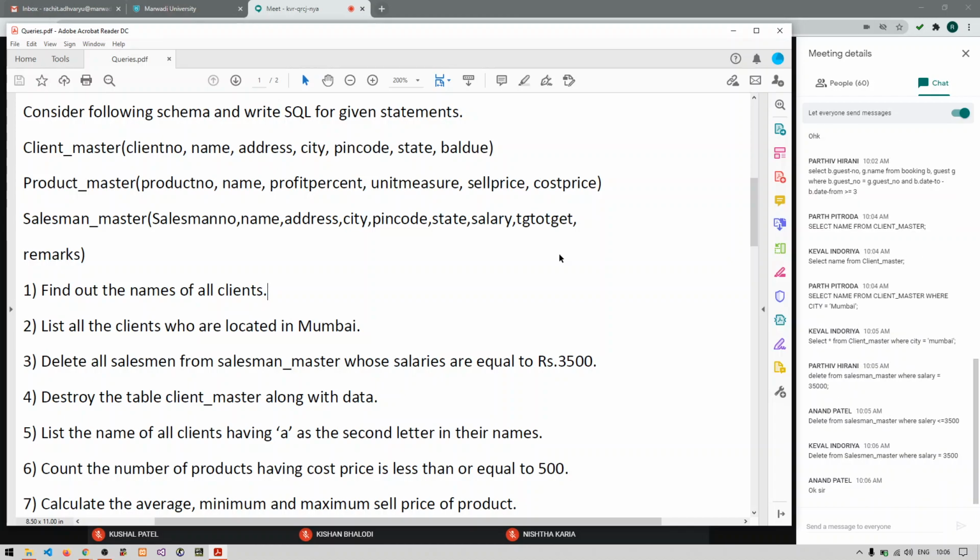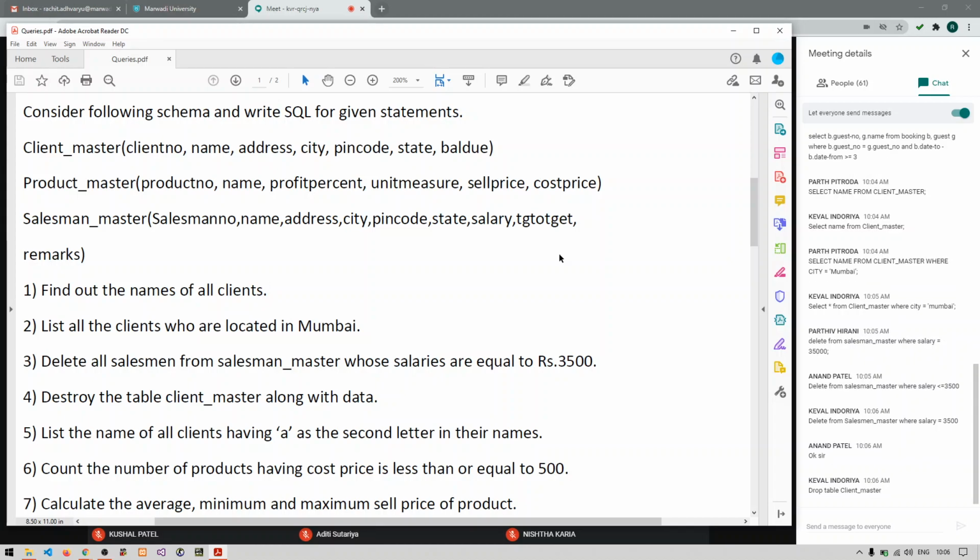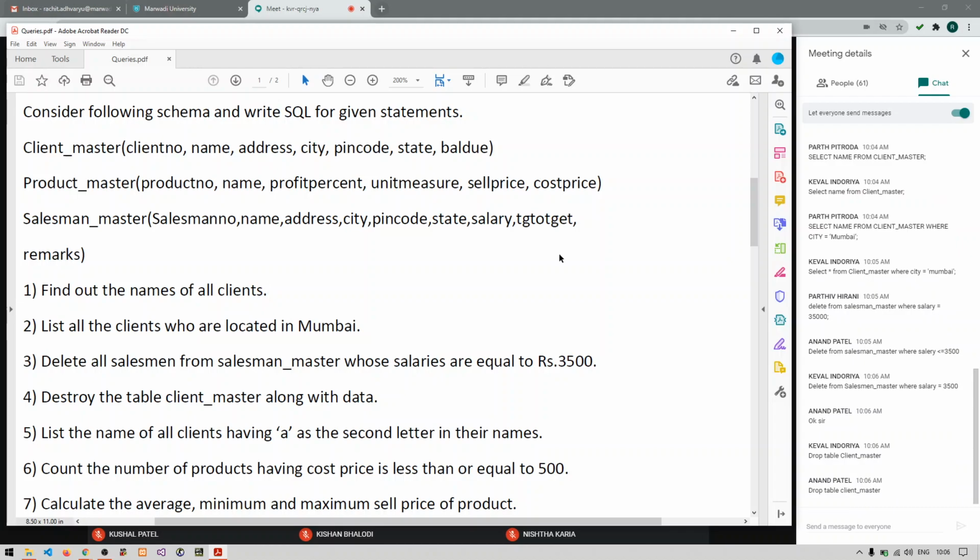Right, go for the fourth one. Destroy the client master table along with its data. Drop table client_master. Yes, very good.